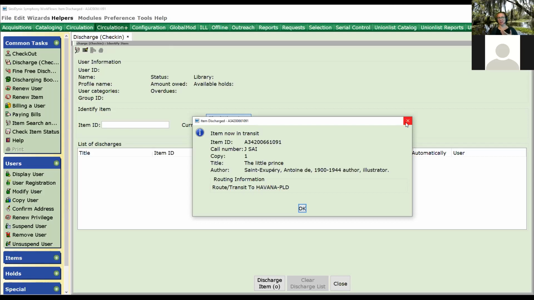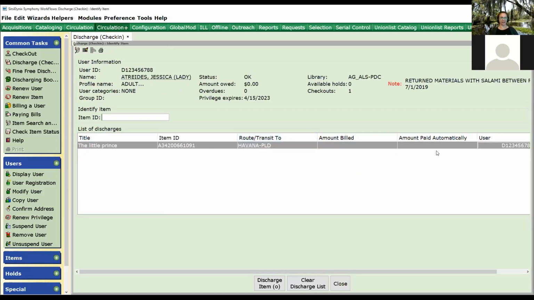It's not going to change the status. The computer is still going to think it's coming to Havana. So if you ever are in that situation, though, just go ahead and click OK. And if I pull up that item info,